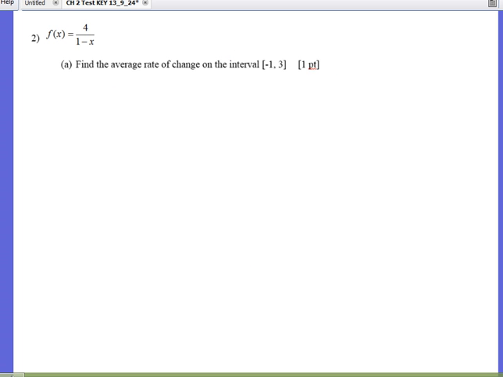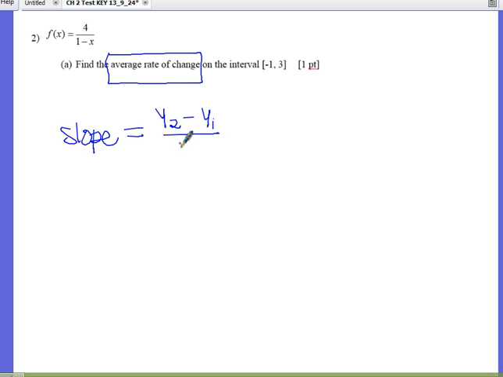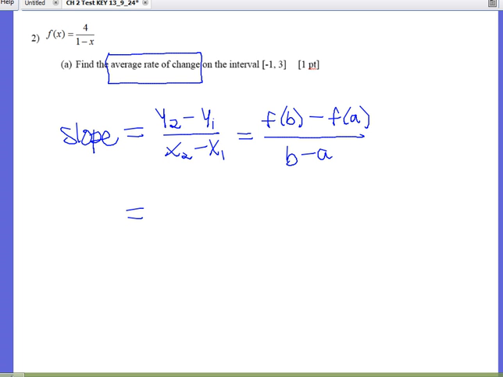Number 2, find the average rate of change. So the average rate of change is the exact same thing as plain old slope. Not calculus slope, plain old y2 minus y1 over x2 minus x1, also known as f of b minus f of a all over b minus a. So the slope of this function would be